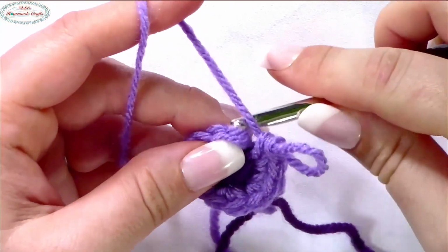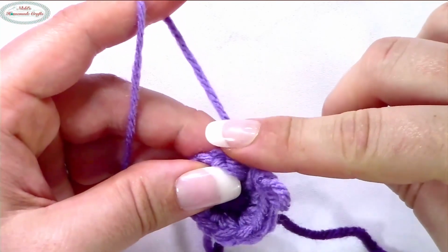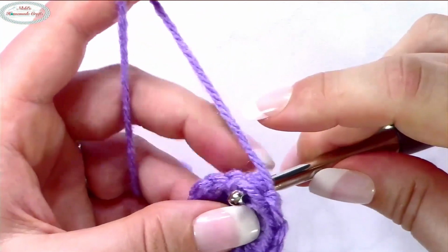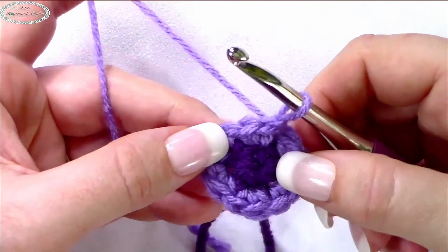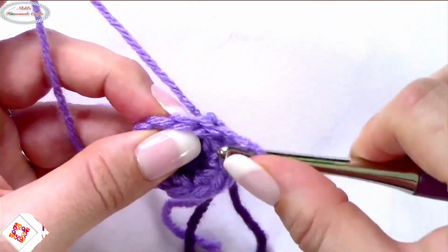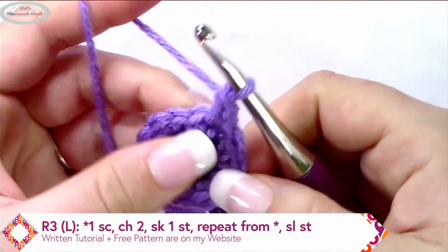I prefer doing the invisible slip stitch, so I let my loop go through from the back to the front and then pull my loop through. It's not really a slip stitch actually, I'm just pulling that loop through, and now I can continue on with the next round. Round 3 is 1 single crochet in the first stitch and then chain 2,